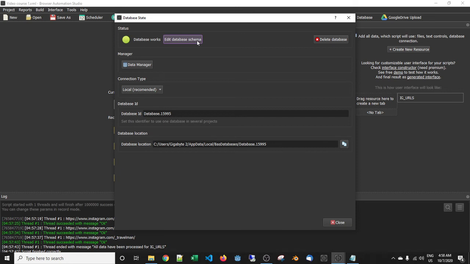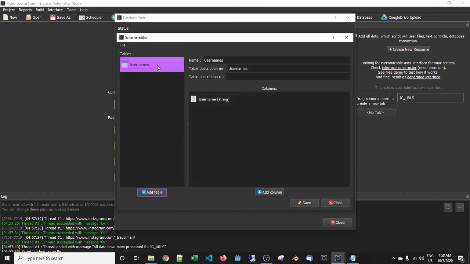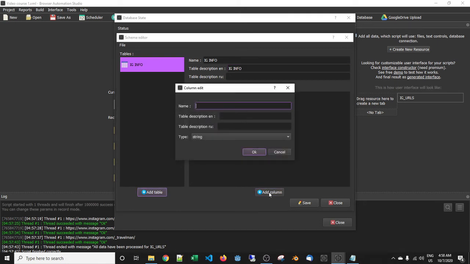So we have a database, but I'm going to edit the schema and rename the database to IG info. Then again IG info in the description, and for columns I'm going to have username still, because the first thing we're going to scrape is the username of the Instagram account, and then I'm going to have a second field, which is